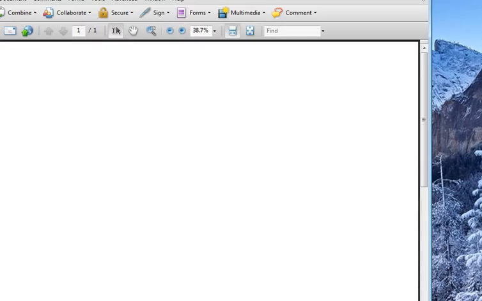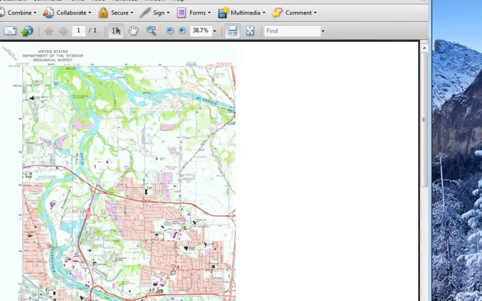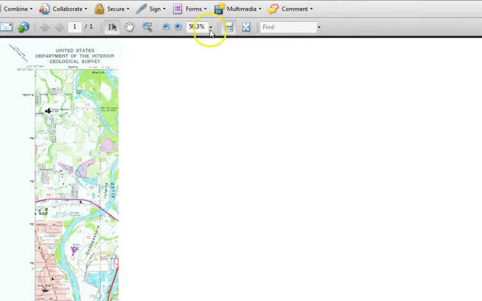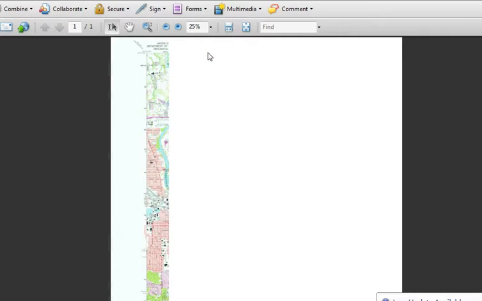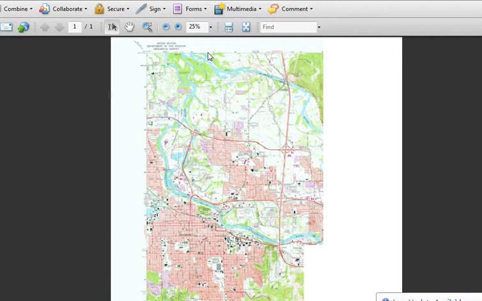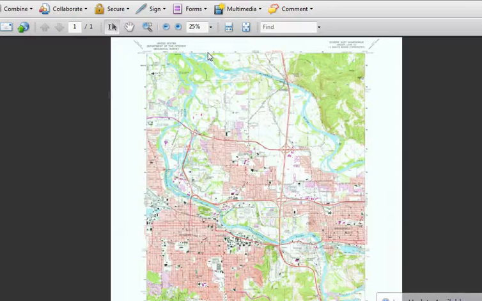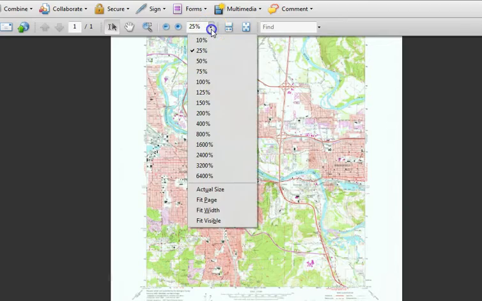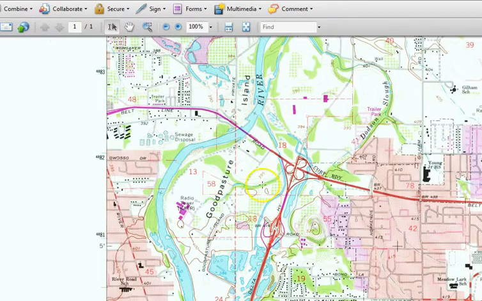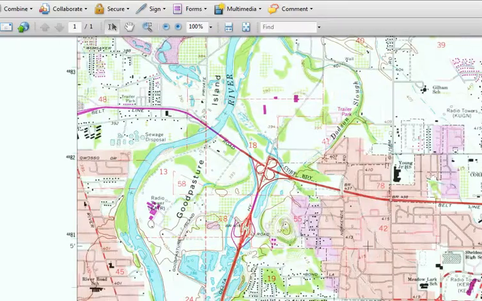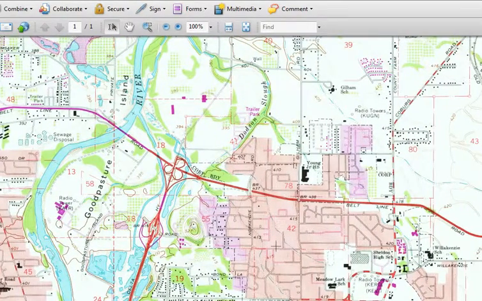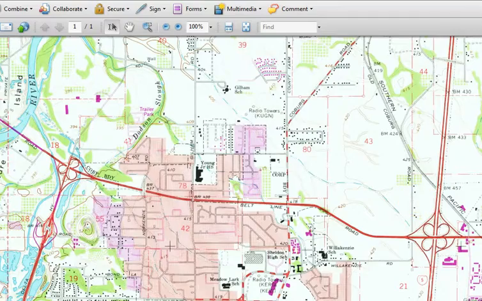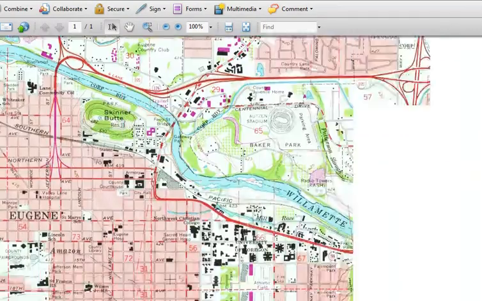The other thing is related to looking at map scale on the topographic map, and I think this was quite a bit easier for people who have a paper copy of the map if they printed it off, but it's doable online. I'm looking at it right now at 25% scale, and at the bottom of the map you have the graphic scale bar. I'm going to switch this to 100%, and now that I've got the map at 100%, I'm not going to change that scale as I do the measuring and the work, because I'm going to use this graphic scale down below